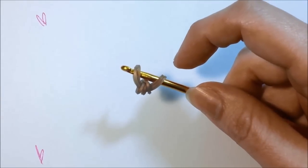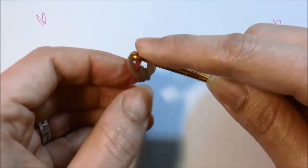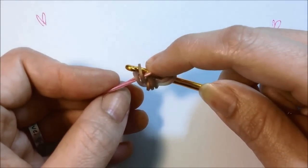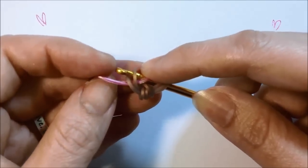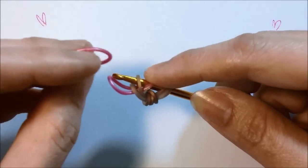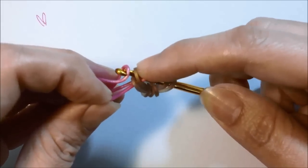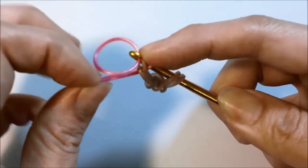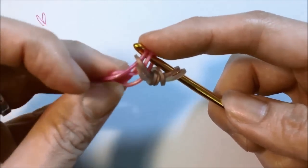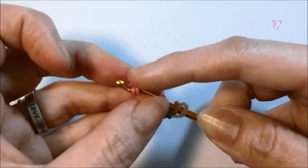And now we're grabbing a color and looping it through 2 bands and picking up 1 band closest to our hook and putting it back. Actually, we're going to take that off now, grabbing another band, looping that through the band at the top, like that. Okay, so 2 bands and putting them back onto the hook,